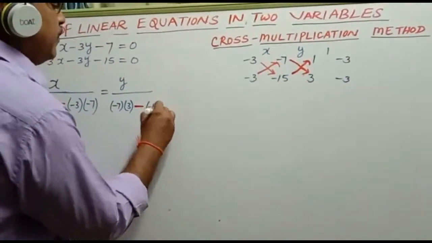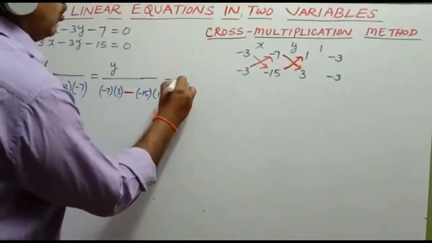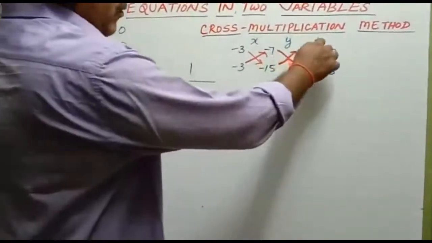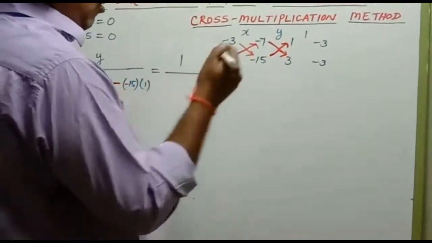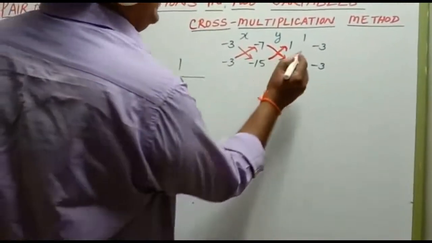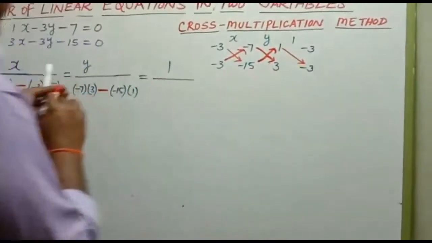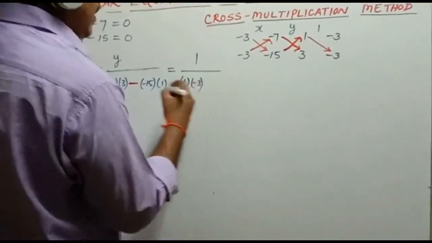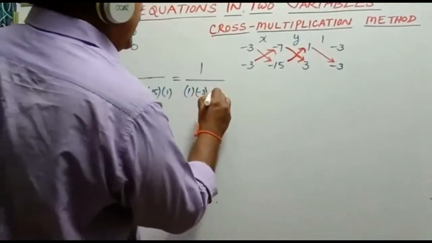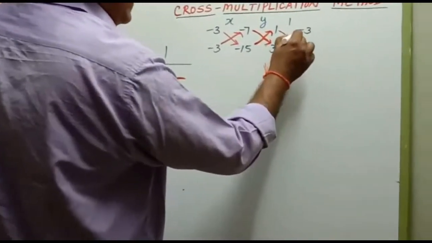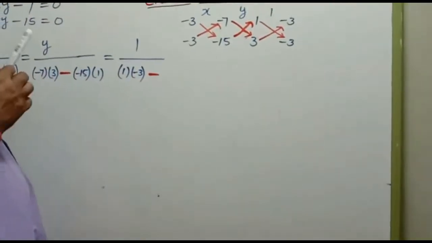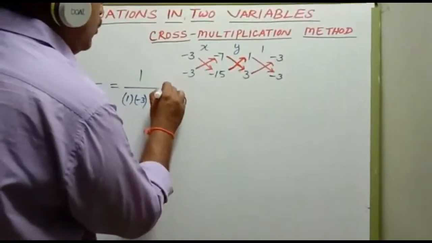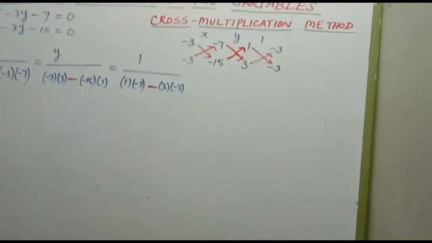Minus 15 into 1 is equal to 1 by, this one, 1 by 1 into minus 3. Formula minus, 3 into minus 3. That implies